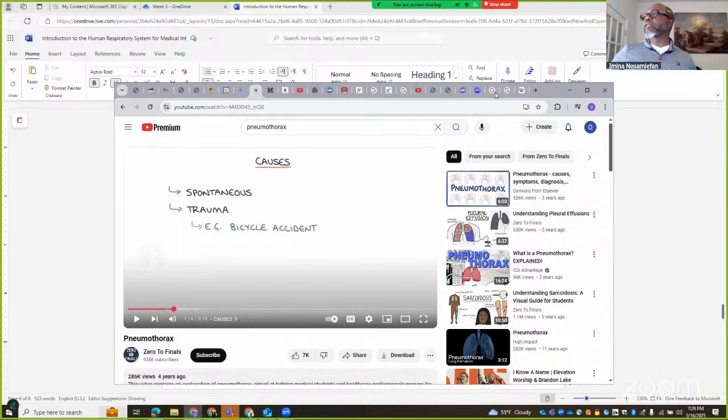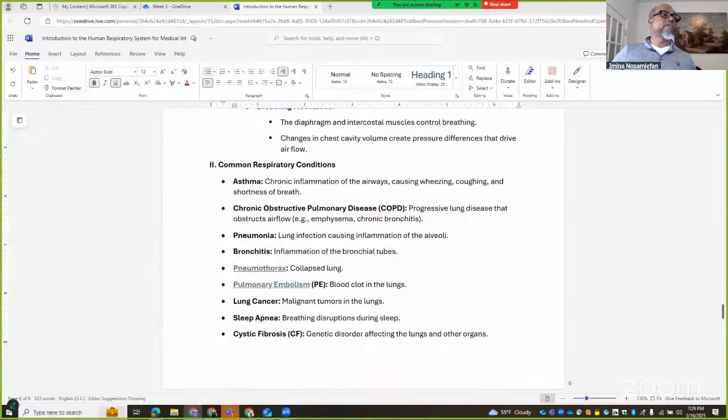This is a bit too detailed. Let's see if we can find something. This is for medical students, which we don't need. So let's see if we can find something else that is a bit less